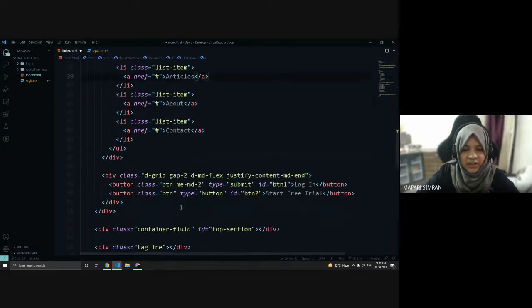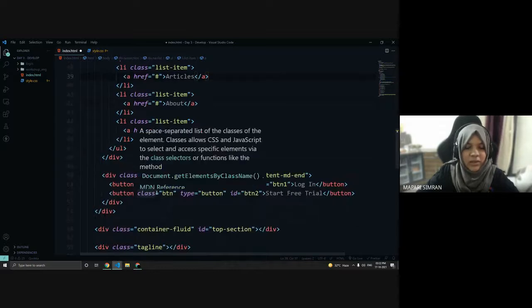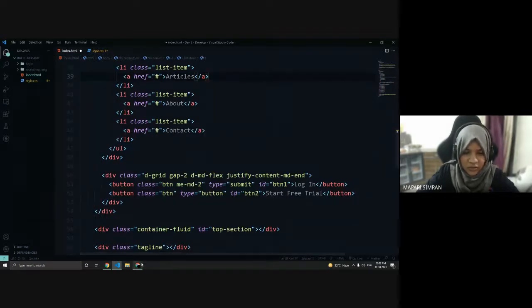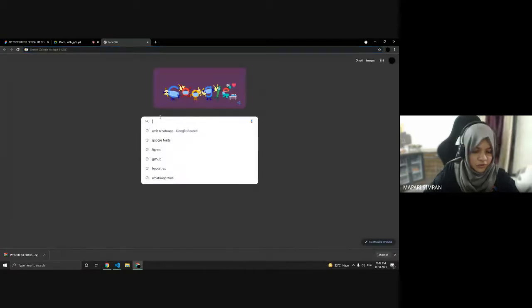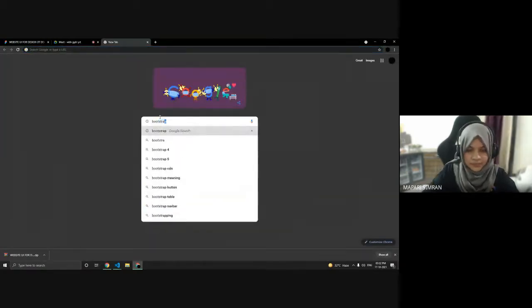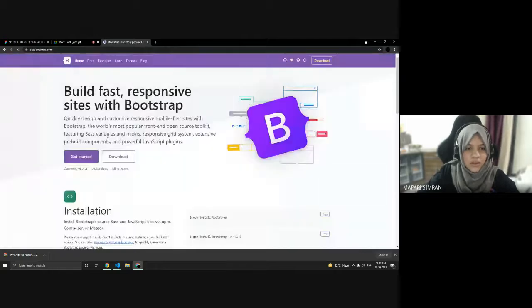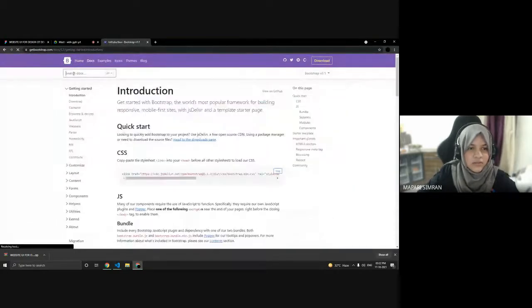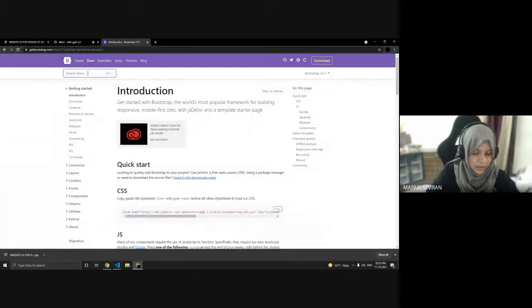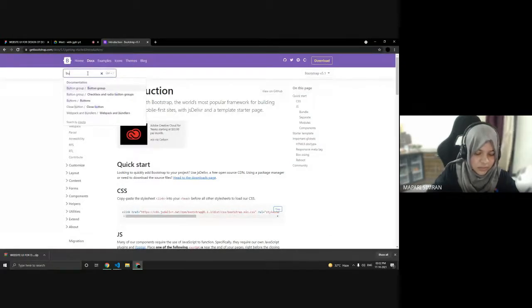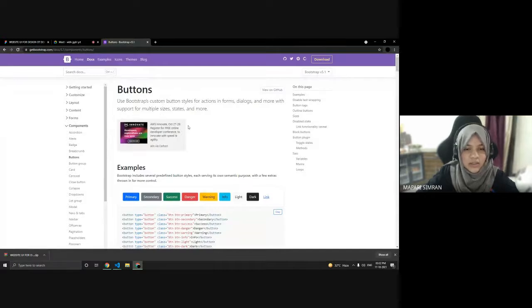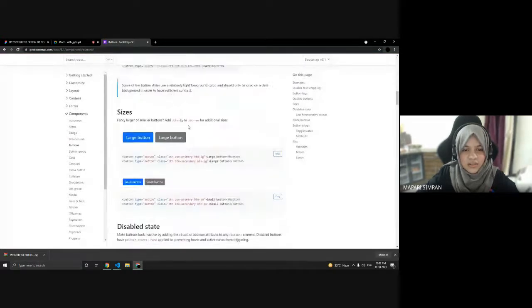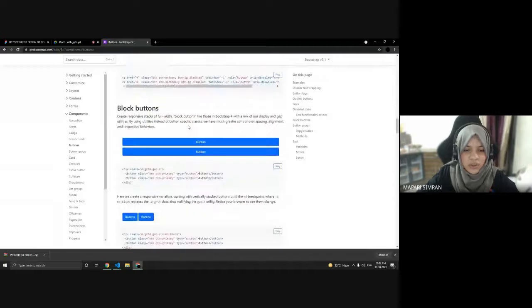And for these buttons, I've just directly taken the button from Bootstrap. I have to show you that. You have to go to Bootstrap and get started, and whichever element you want, you can just type it here. I need a button, so I'll type button here, and you can check the styles, whichever you like.